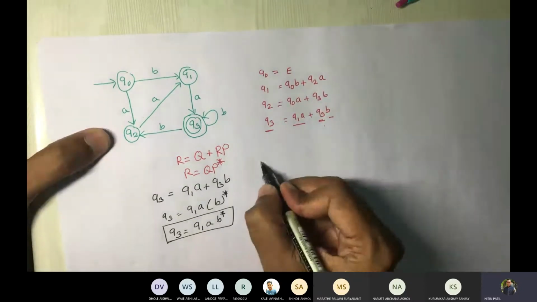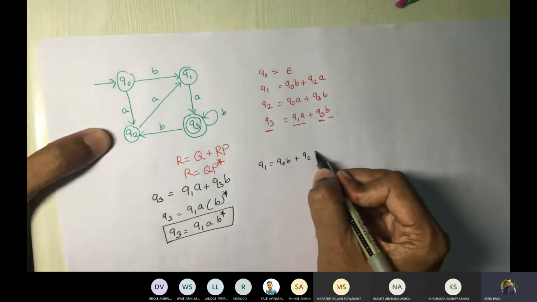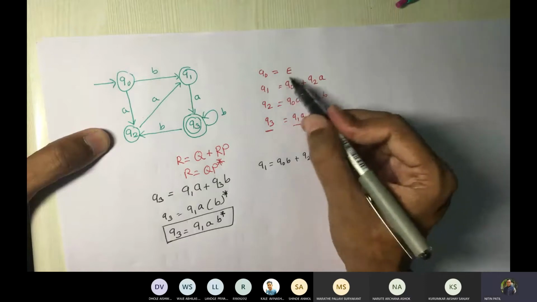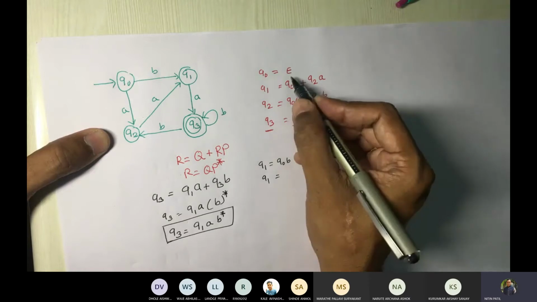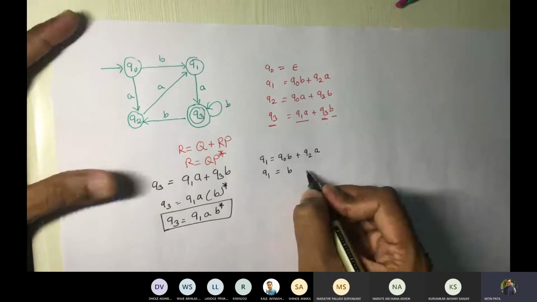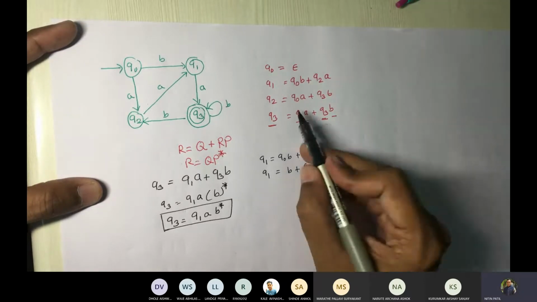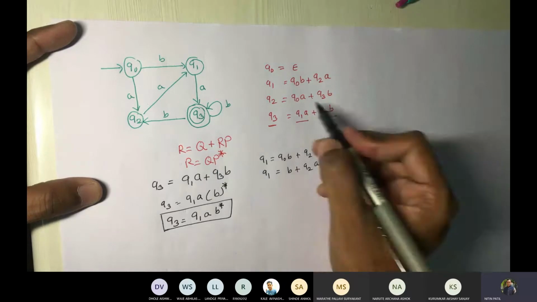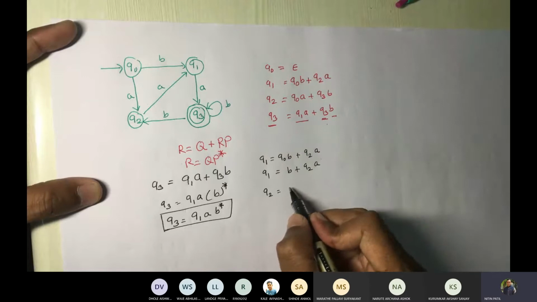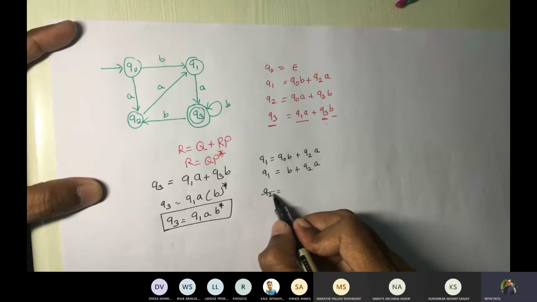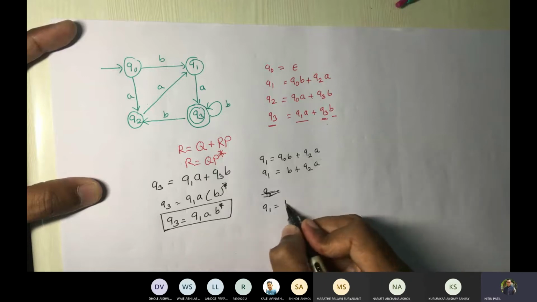If I talk about Q1, I will say Q1 is equal to Q0B plus Q2A. We already have Q0, so we'll put that Q0 value. We'll get Q1 equal to Q0, which is epsilon for us, so we'll write B as it is, plus Q2A. Fine. Now if we concentrate on Q2, this again contains Q0 and Q3. We require the equation in Q1 form, so we'll continue with Q1. So we'll say Q1 equal to B plus